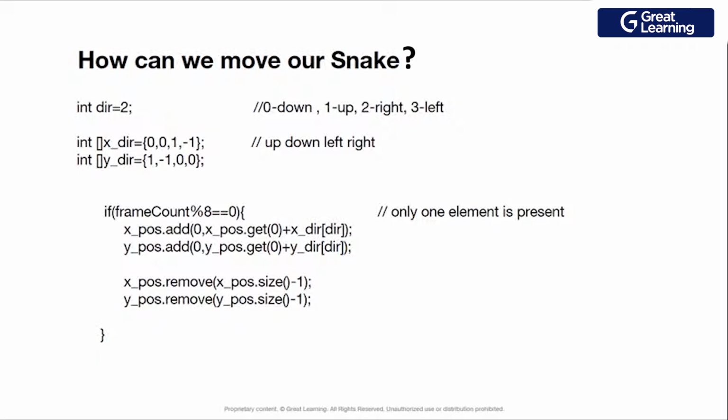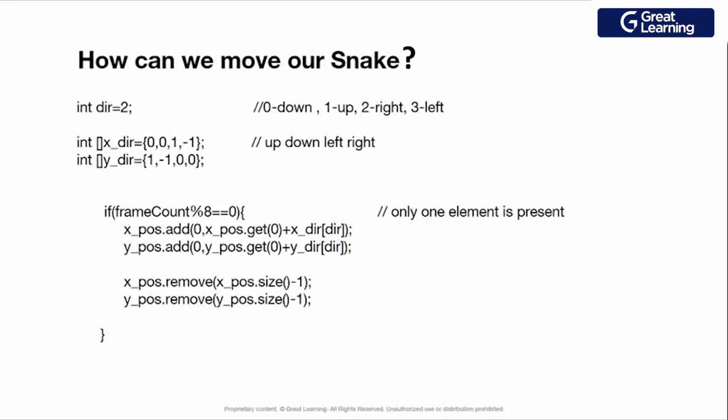And -1 will represent what? This -1 is for when we move in the left direction. When we are moving left, at that time this -1 will help, because we are decrementing the x position. So this left and right will represent these things. And similarly for y positions, when we are moving up, the y position will go up, and when we move down, that's why -1. So at that time we will go downwards. Okay, so that's why we are using 2 arrays.